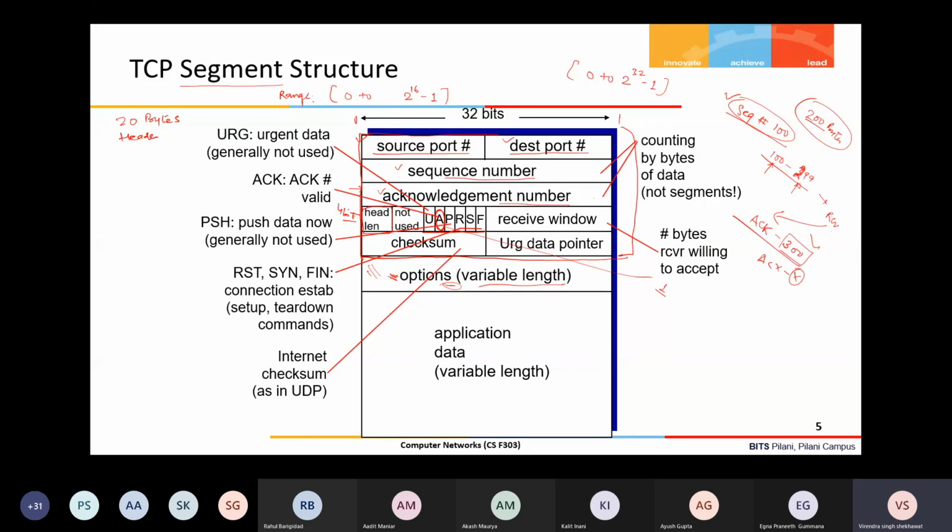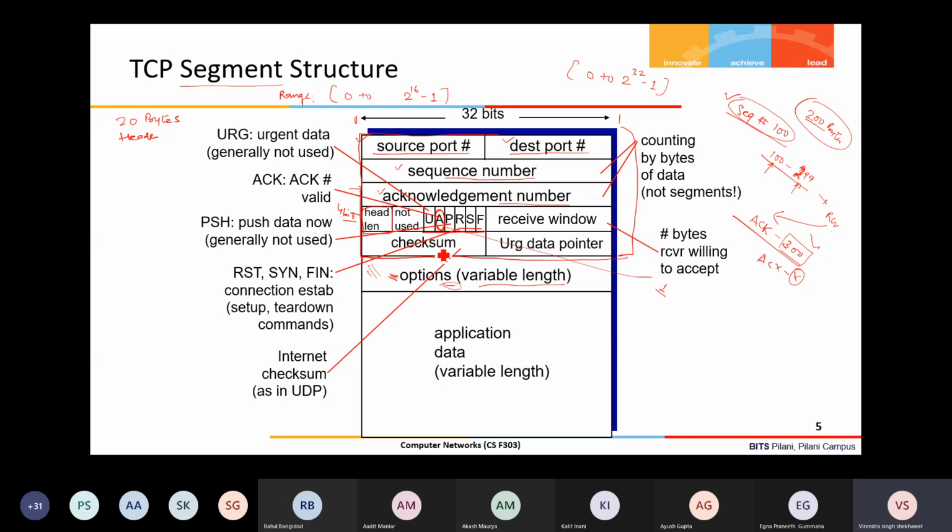Otherwise, if you introduce a new field, then you need to change the stack, right? Because you need to parse that field information, and based on that, whatever processing you want needs to be carried out. So when you design a protocol, keeping the future in mind, you think that in some time maybe some minor modifications are required or some additional information we need to send, then this option field will be useful in such cases.